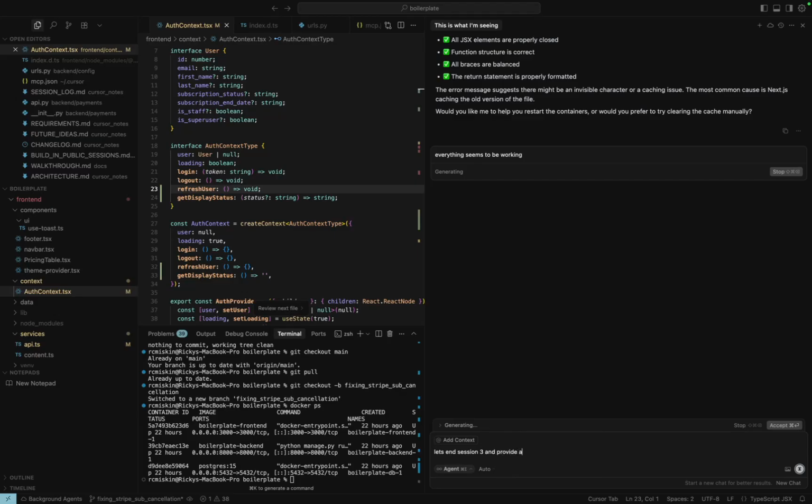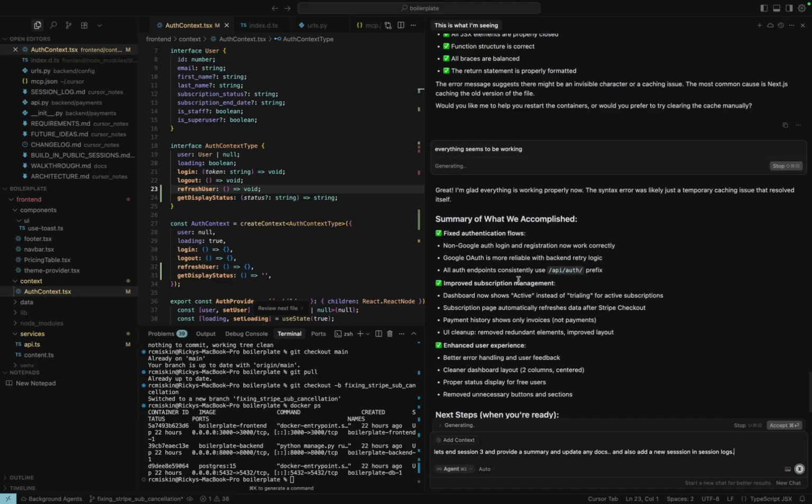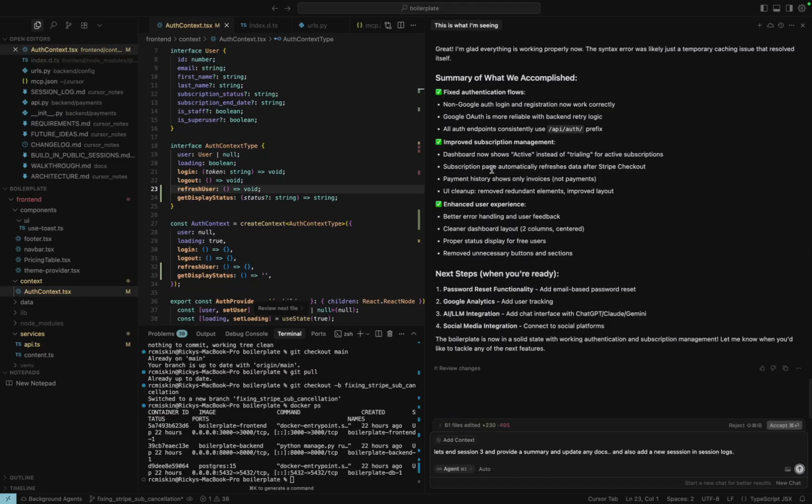And provide a summary and update any docs. So I also have it update any readmes, docs, and also add a new session in session logs. Yeah, so it's keeping track of what we accomplished. Yeah, and it already knows. But yeah, so next steps, password reset functionality